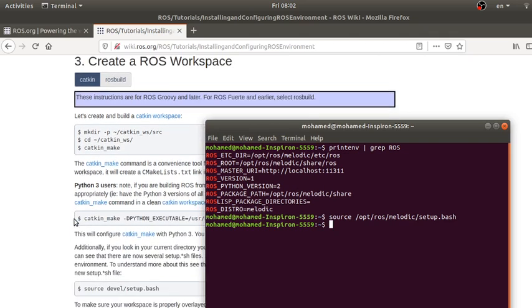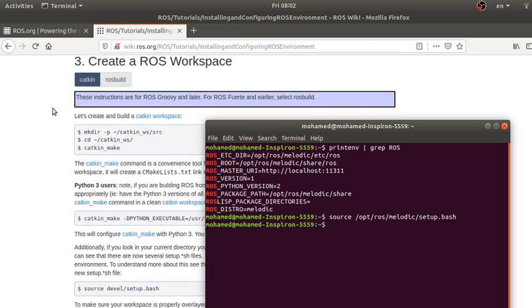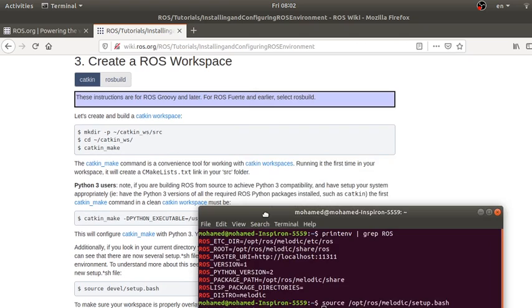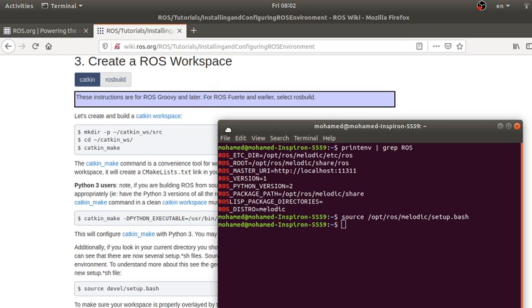So it's running well, alhamdulillah, and we will now create a ROS workspace, which we will need in the next tutorials, and it's very important. As you see, these instructions are for ROS Groovy and later, which applies to my ROS Melodic. If you want earlier versions, you can use rosbuild. So in my case it will be Catkin,